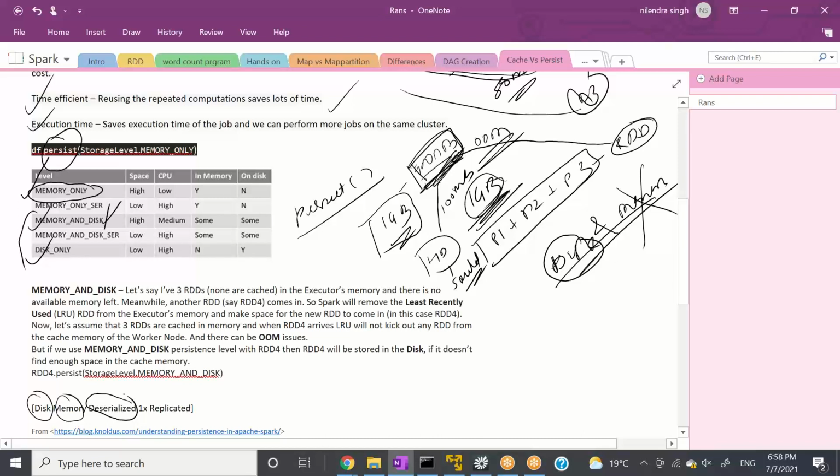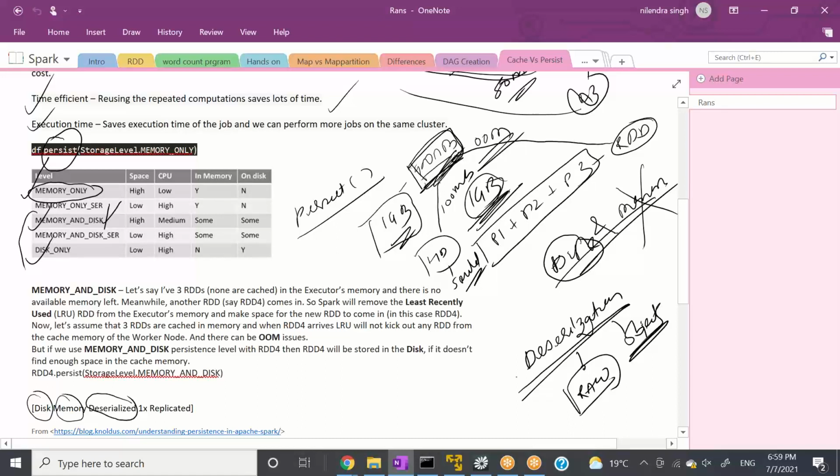There are two things, and deserialization and serialization are very, very generic programming constructs. When you talk about deserialization, this is a Java thing, right? Deserialization means that you are storing objects onto disk or on memory in their raw format. You're not converting them into bytes. You're storing them as objects.